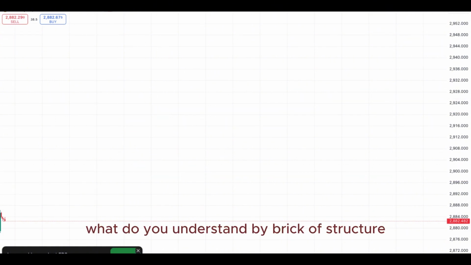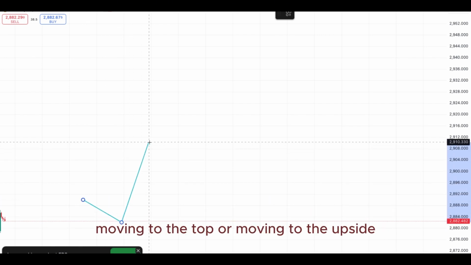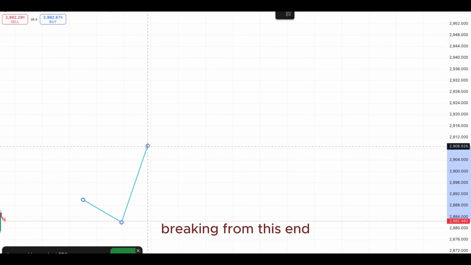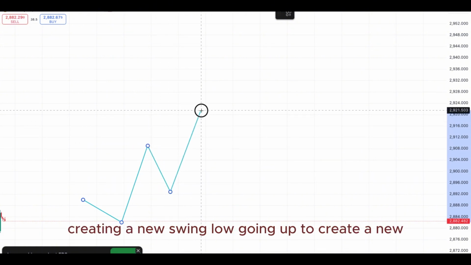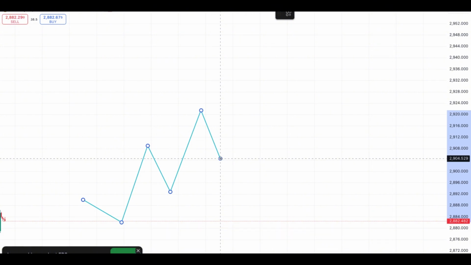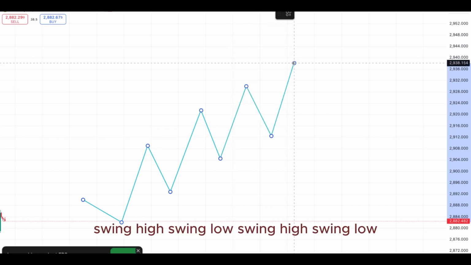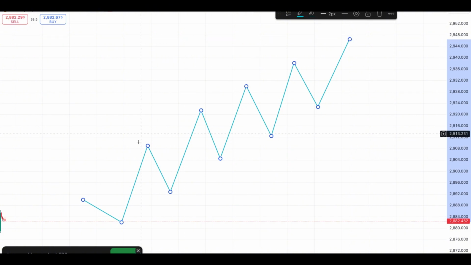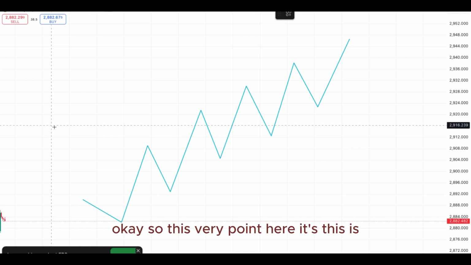What do you understand by break of structure? When you have a market trending, moving to the upside, breaking from this end, creating a new swing low, going up, creating a new high, you can call it a swing high or higher high. You can call it a swing low or higher low. Swing high, swing low, swing high, swing low. Okay, so this very point here,